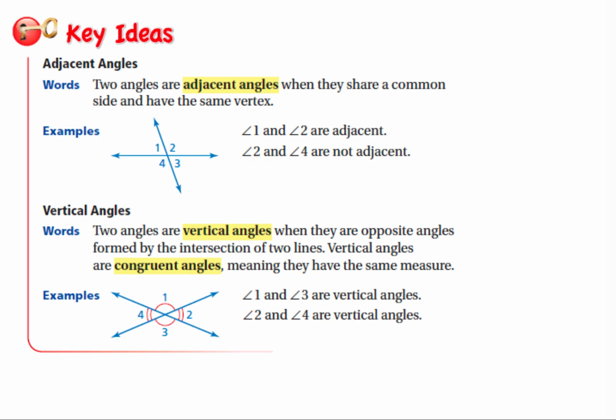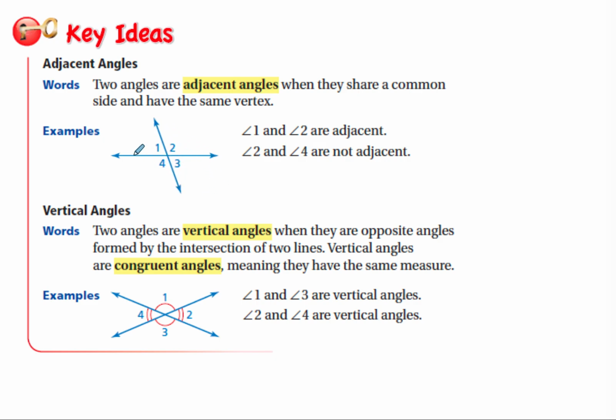All right, so we're going to start by just looking at adjacent angles and vertical angles. That's the 7.1 lesson. So for adjacent angles, two angles are adjacent angles when they share a common side and they have the same vertex. Vertex means like the corner where those two meet. So for the example here,